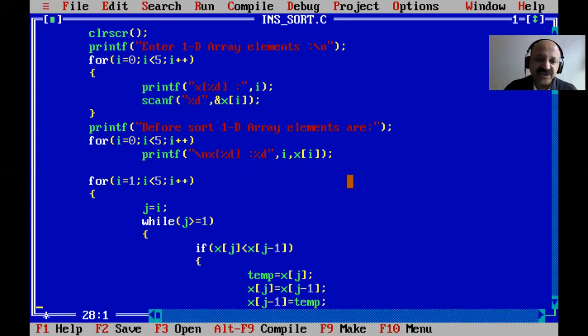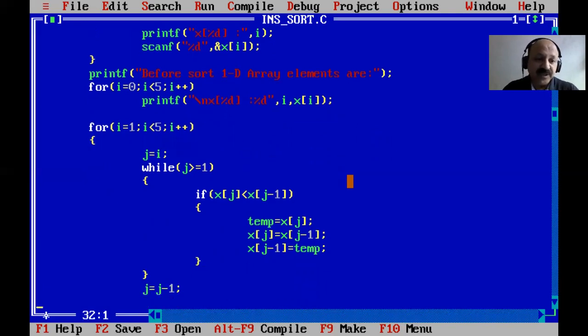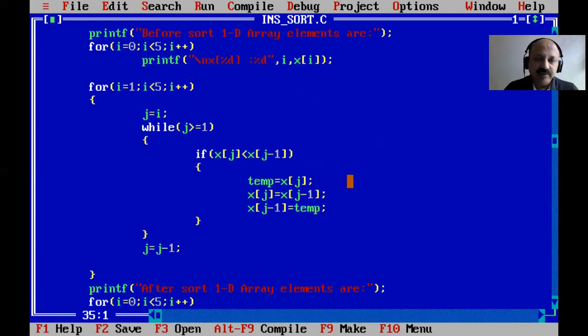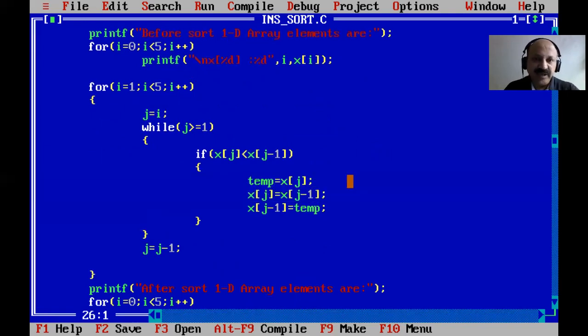So that is the interchange. So you have to know this swap logic. Like two integer variables we have to swap using a third variable, and it is also possible with two variables. You can watch that on my YouTube channel, where I also swap two integers using only two variables. So that is also possible, but here we use a third variable, and that is a very simple logic I developed. So now I can save.